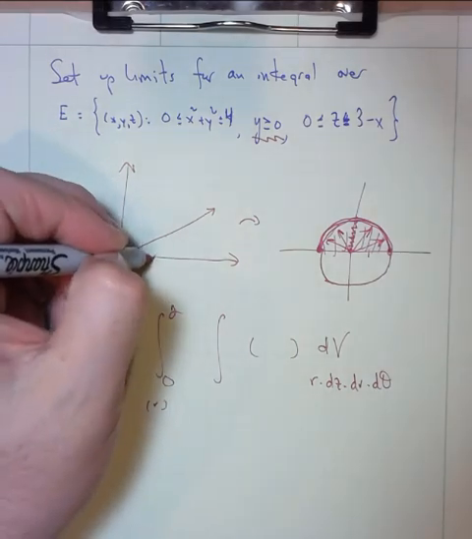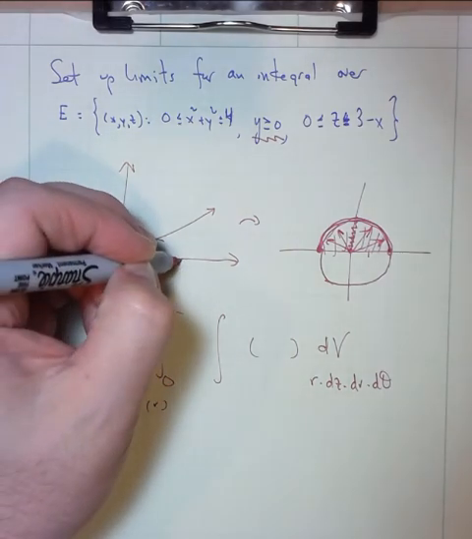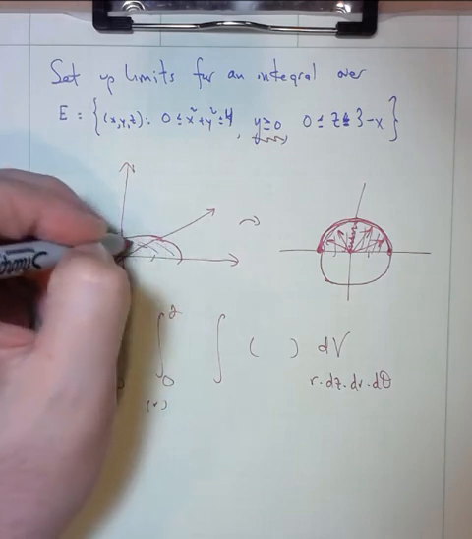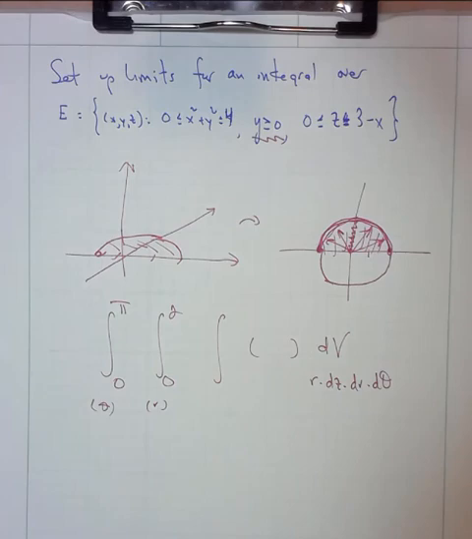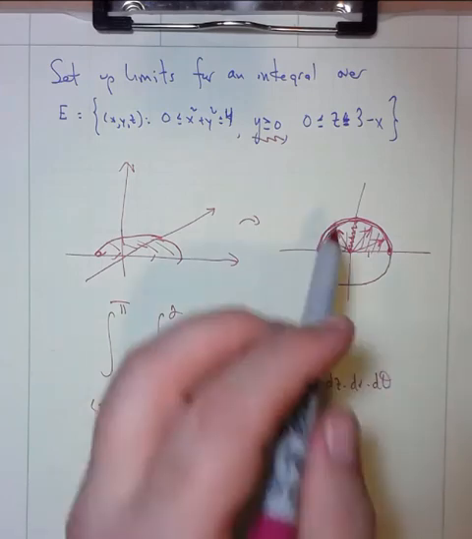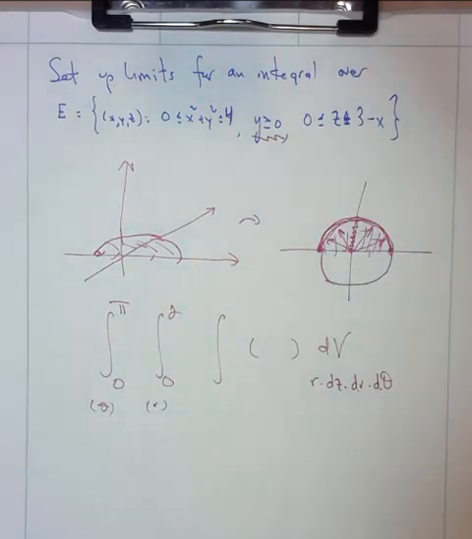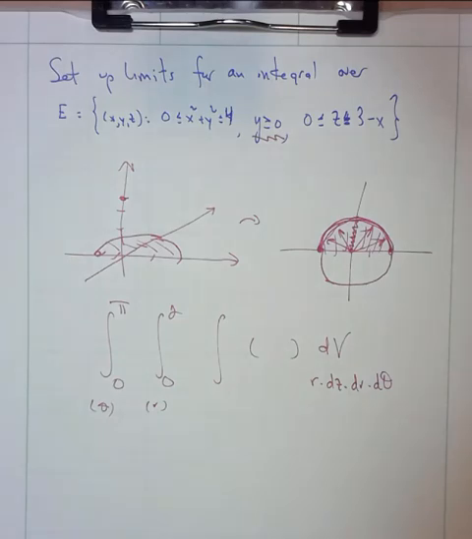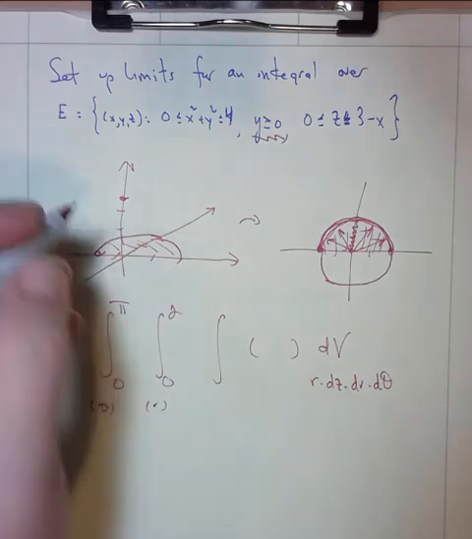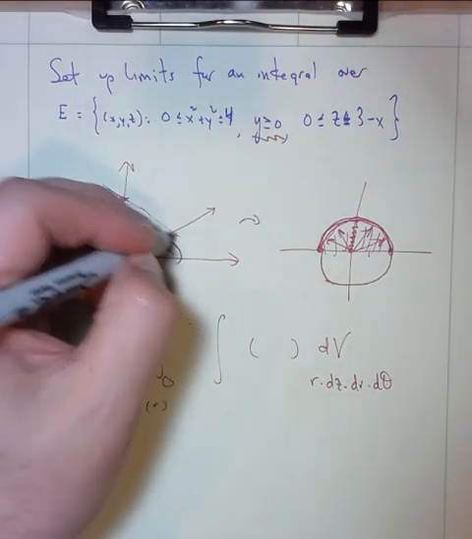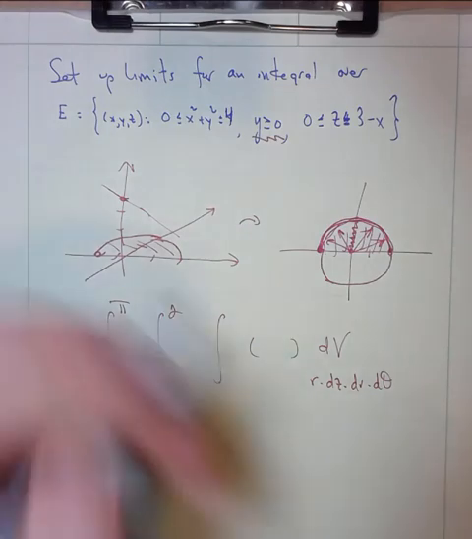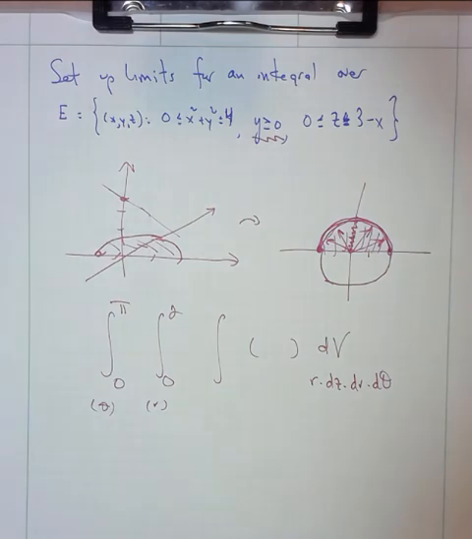And so now let's take that over to the full picture here. There's the basement of this region. In the z direction, we're going to go from z equals 0 up to z equals 3 minus x. When x is 0, that's up here at z equals 3. So this plane is going to go through that point, and it's going to slant like that, right? So here's the roof of that particular solid, which is just, I'm just drawing a line to represent the plane's